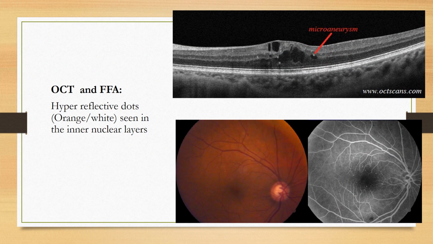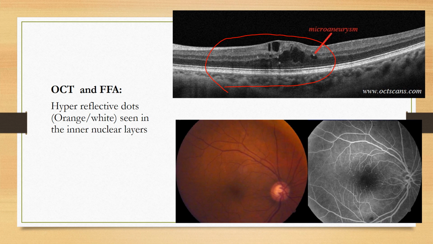So how to find microaneurysm is, as I said, there will be a dot-like appearance, which is more evident in the OCT image. OCT is optical coherence tomography, which we will discuss, along with how it works and its imaging properties, in the upcoming classes. For now, this is an image of an OCT.